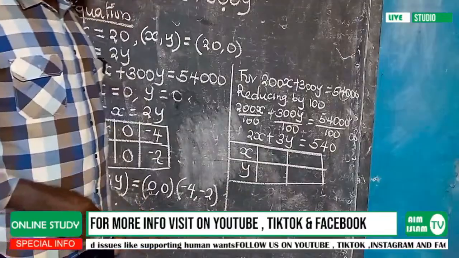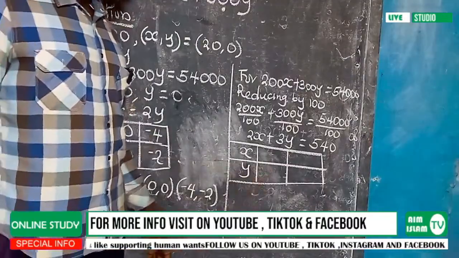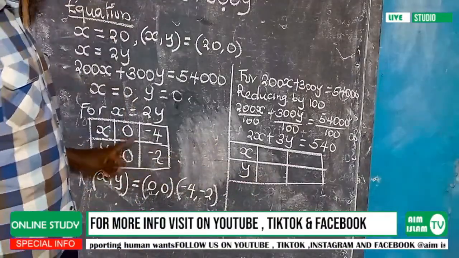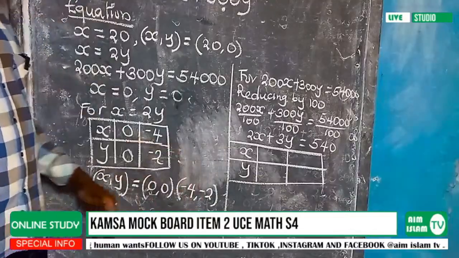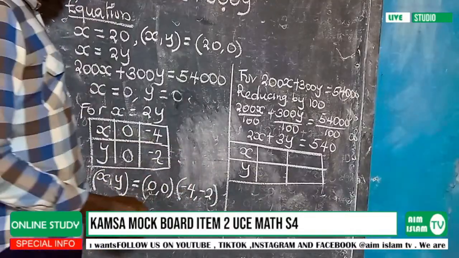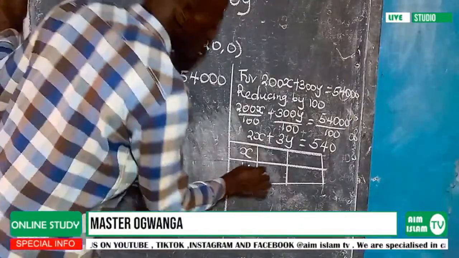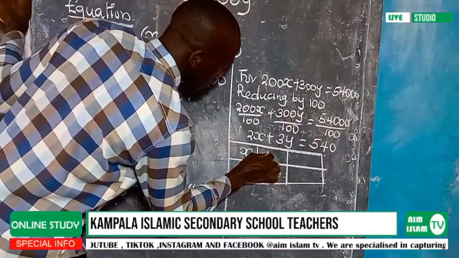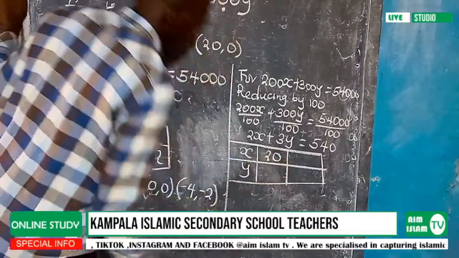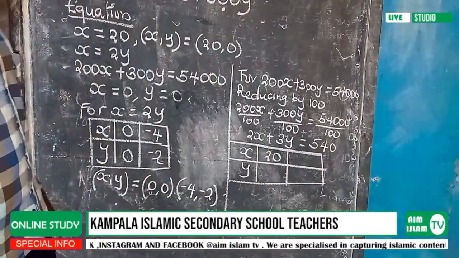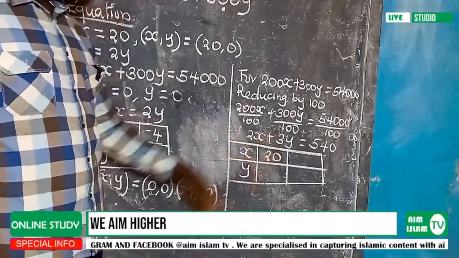Our values, this time around, I am going to choose any other values apart from 0. I can say for my x, let me say if I make my x to be 20, what will be